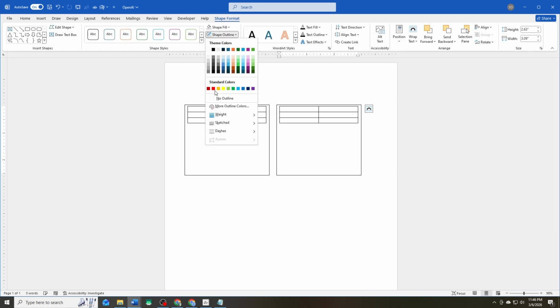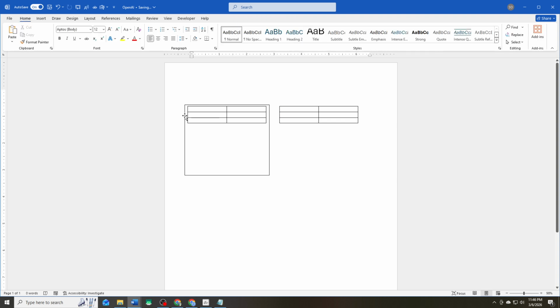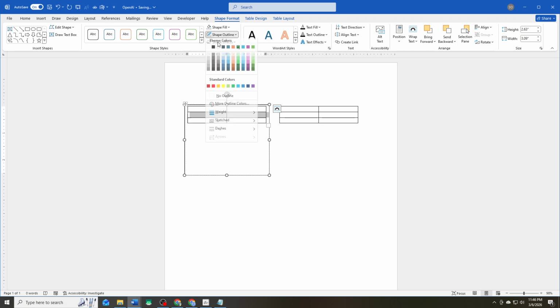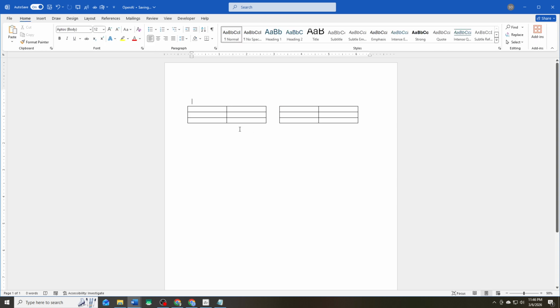Using either method, you can format the tables individually, adjust column widths, and ensure that both tables fit neatly on the page. This approach keeps your document clean, professional, and easy to read, especially when presenting data or comparisons. By following these steps, you can create side-by-side tables in Microsoft Word efficiently, improving the visual presentation of your content